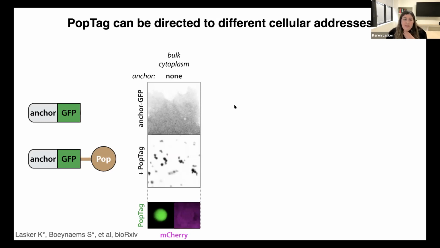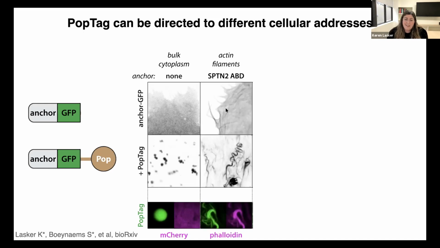So first, I'm just going to show you that we can direct POP tag to different cellular addresses in the U2OS cells. So first, here I'm just showing you that the POP tag itself condenses in U2OS cells. You don't need the entire protein. I mean, you don't need the modulator and you don't need the actor. You just need the driver. But then you can start condensing